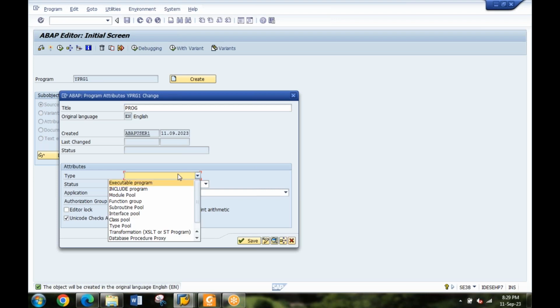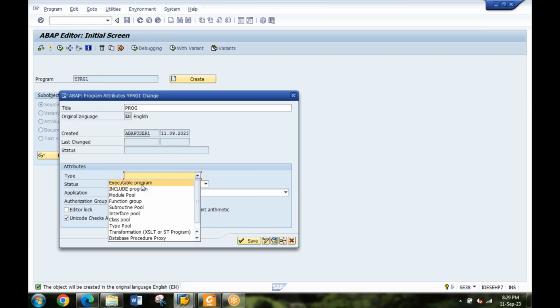Then we have different types of programs here. Every program has its own purpose, its own way of executing and writing syntaxes. We'll get in depth of each type of program later on.